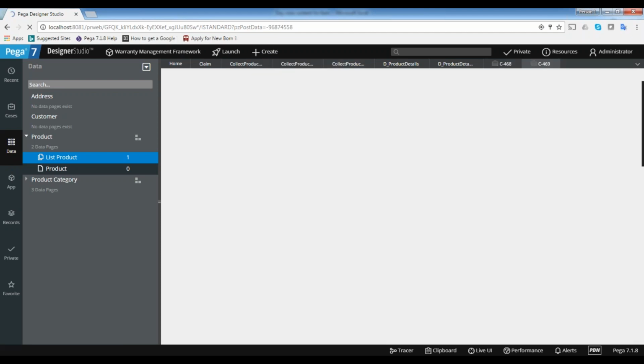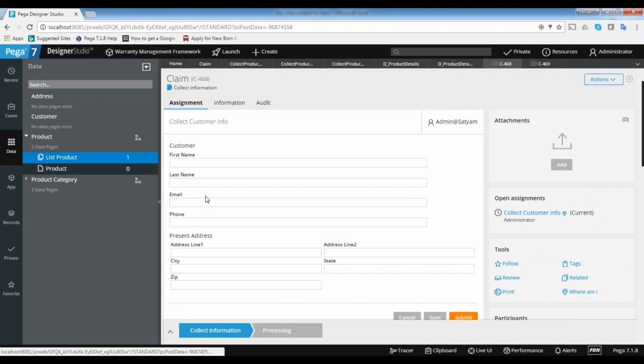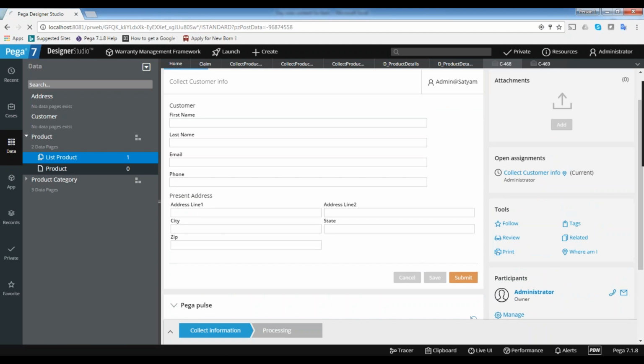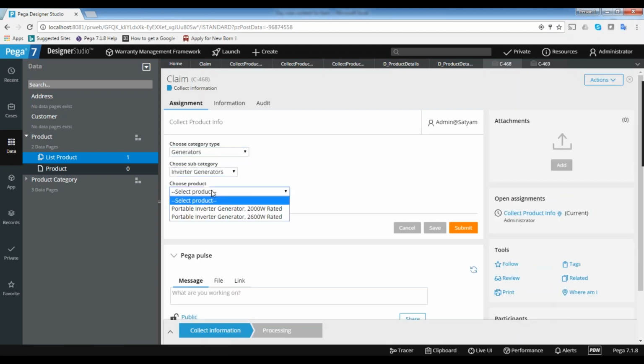Now let's go to the next page. Here I'm copying the pages for 469. For 468 also I am calling some data pages. That means a separate copy will be maintained for 468 and a separate copy for 469.